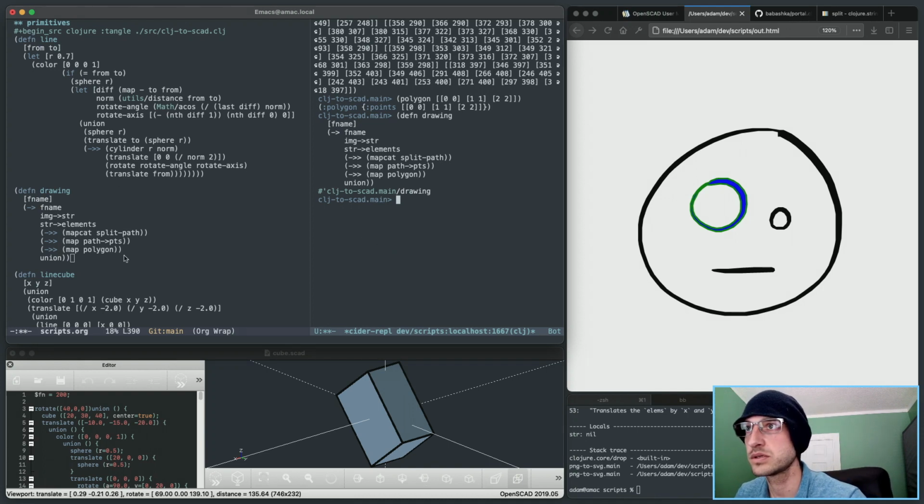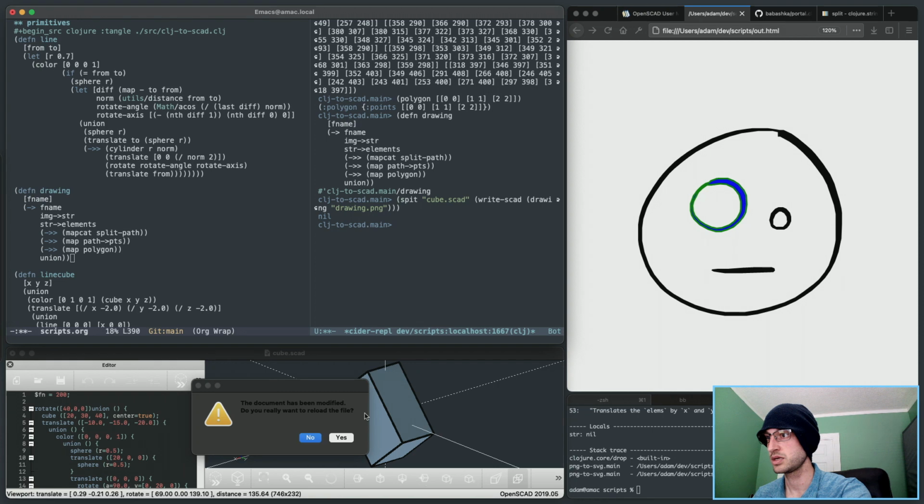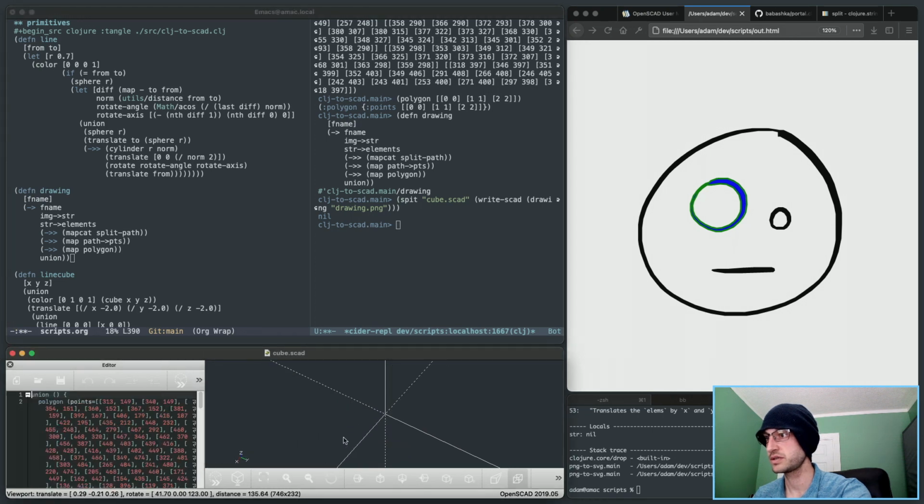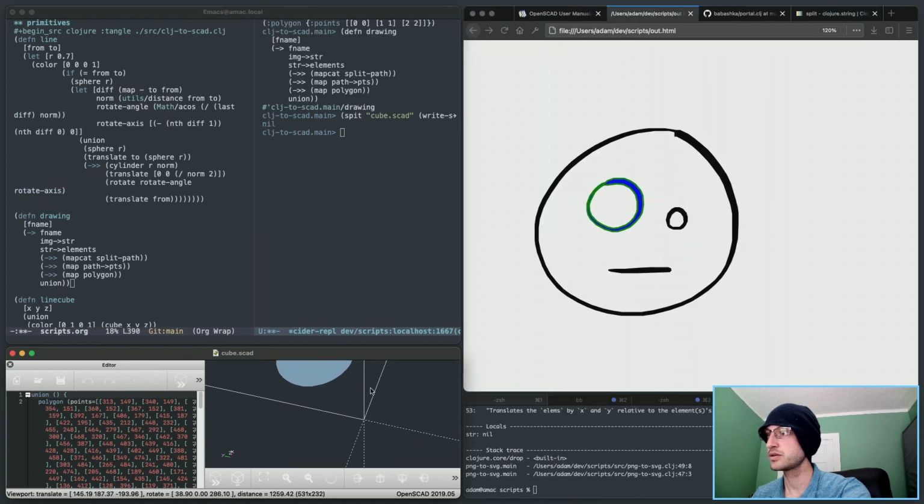Right, so let's do that. If I do spit to cube.scad, the result of write scad of drawing of drawing.png. Yes, I'll reload the file. Okay, so this looks wrong because,